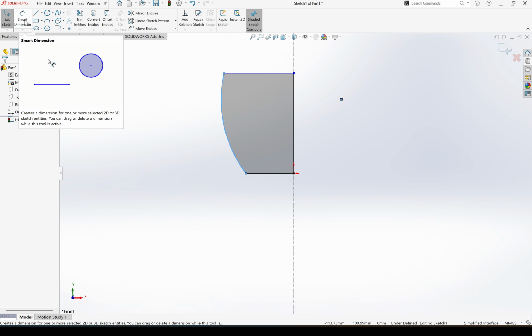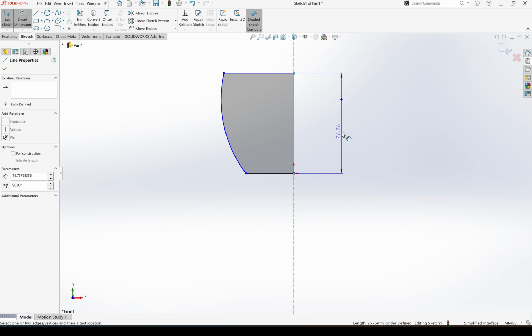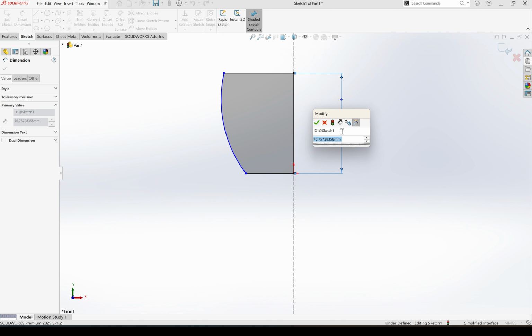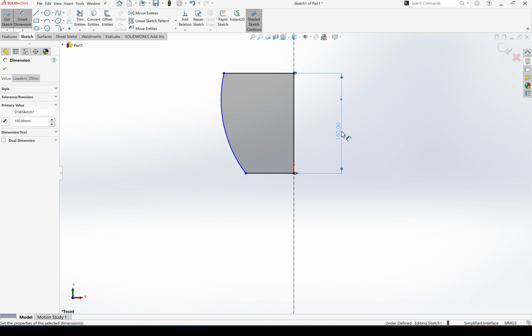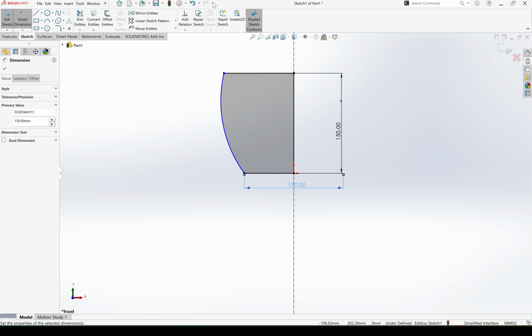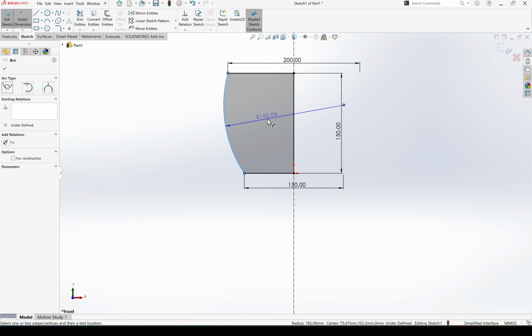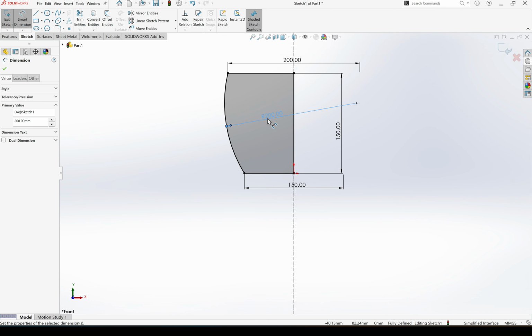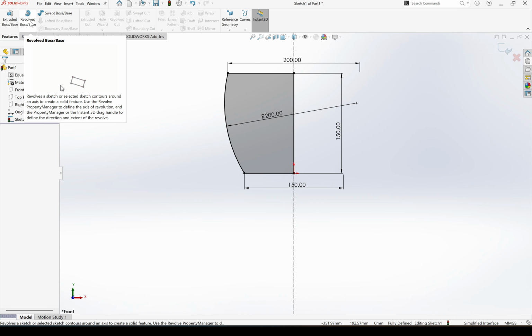Escape. Now select smart dimension. This total length is 150 mm. Select this point and the central vertical axis. This bottom diameter value is 150 mm. This top diameter value is 200 mm. And for the radius, enter 200 mm. Now that our sketch is fully defined, we will go to features and select Revolve Boss base to generate the